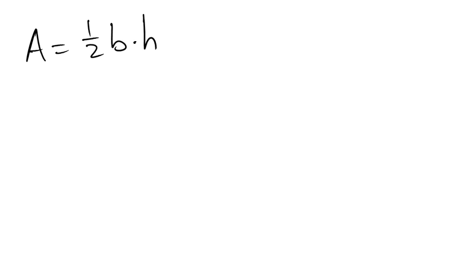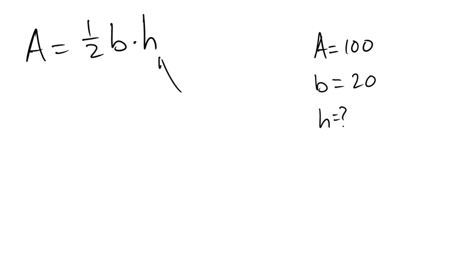But I could say, for example, let's say that I have a triangle that has an area equal to 100, and I'm going to say that its base equals 20. The question is, what is the height of that triangle? One thing we can do is transform this equation so that the height is by itself. In this case, I would multiply both sides of this equation